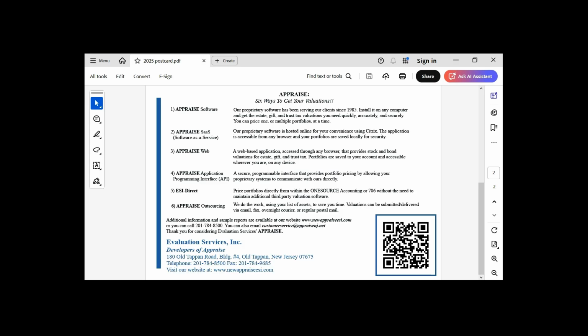The fourth one, and this is a very, very unique solution. This is called the Appraise Application Programming Interface, API. So what happens in this case is an organization makes a commitment to extract their holdings from their trust system, and they initiate the call to Appraise using something called an API, and they send us a list of the assets they want valued, and we return to them all the data elements that they're looking for, and then on their side, they will extract from what's called a JSON file the different elements they need for evaluation, and then